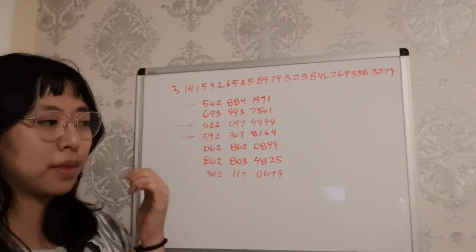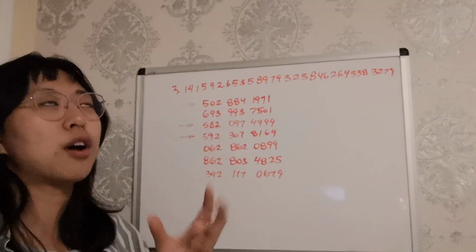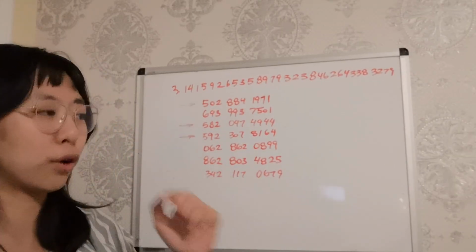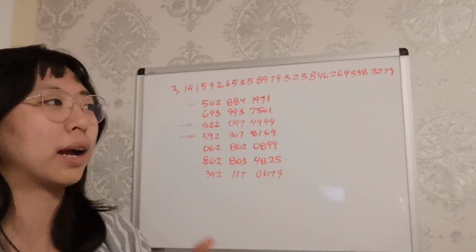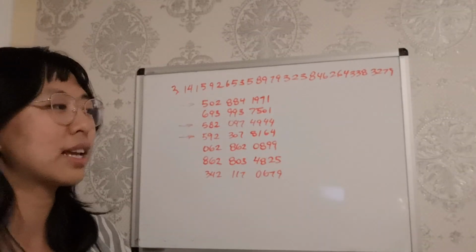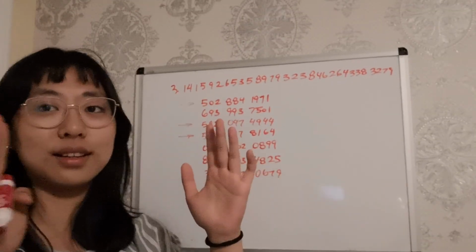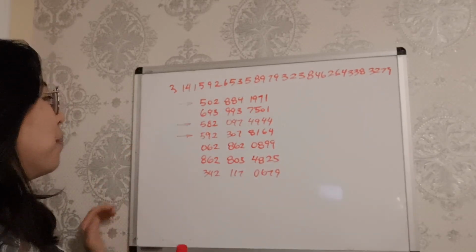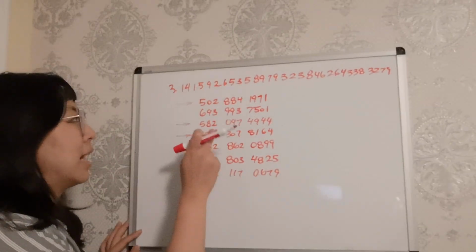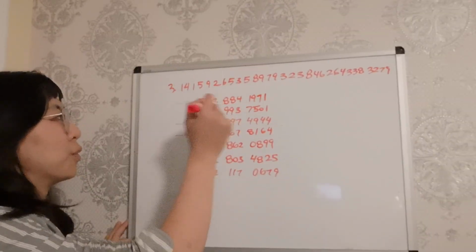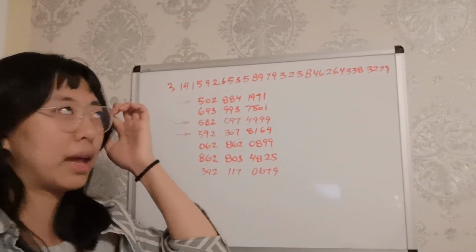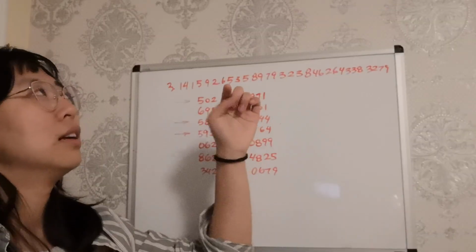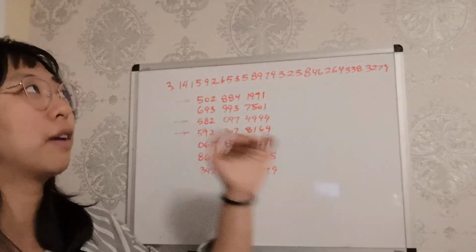So sometimes you'll see me stutter. I think the most common place for me to stutter is right before the beginning of a set, because once I get the set going, I kind of know what the rest of it sounds like, because I memorized it one set at a time. So 582, 592, really easy to remember because it's literally just a 5 blank 2. And I remember in my head it goes: okay, 5 blank 2 pattern, 5 blank 2 pattern, 5 blank 2 pattern.